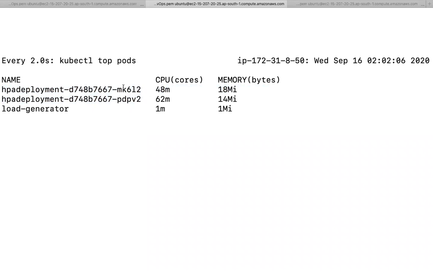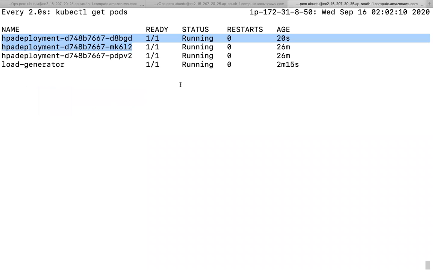After some time here, you can see one more pod. In another tab, I am just watching. Do you see, it has created a third pod? Almost 30 seconds ago, it already created it. Why has it created a third pod? It has created a third pod because there is a lot of load. It is more than our